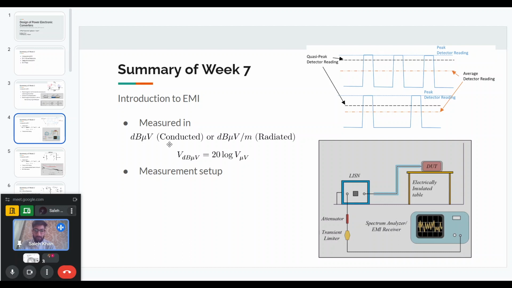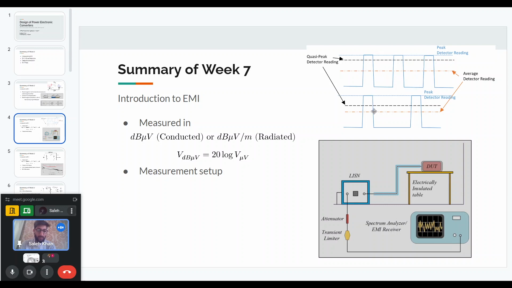For conducted EMI, it is measured just in decibel microvolt. For radiated, it also depends on how far we are from the source of EMI, so that is why it is measured in dB microvolt per meter. And then we can measure different quantities. We can measure the average of the radiation or the interference, or we can measure what is called a quasi peak of the EMI, which also takes into account how fast the